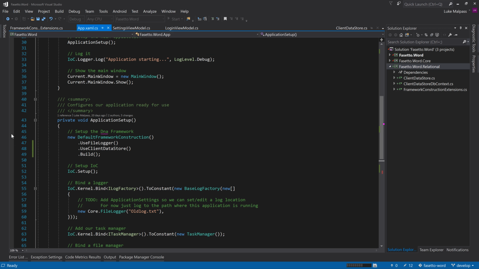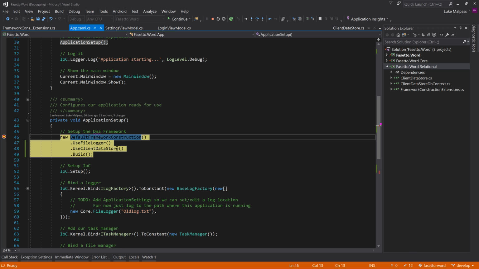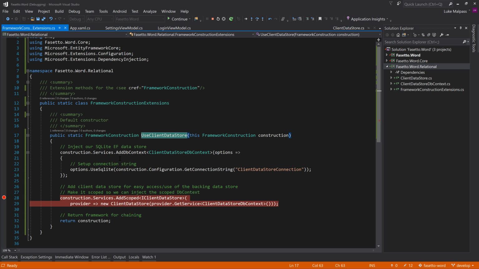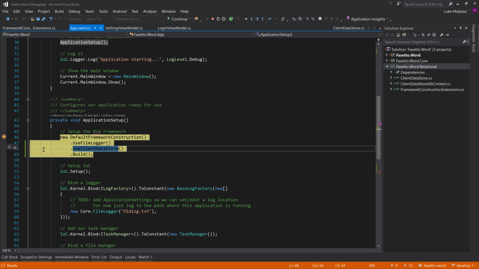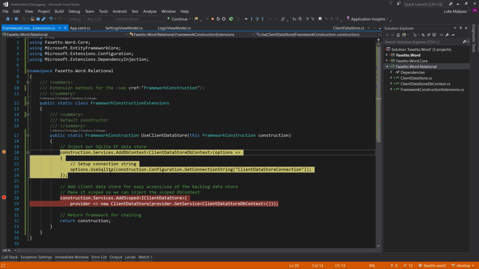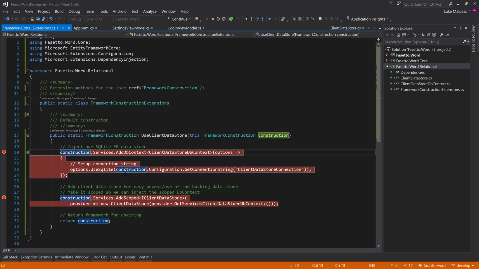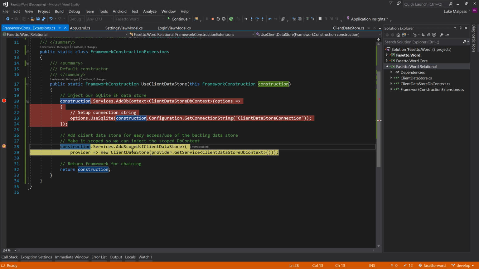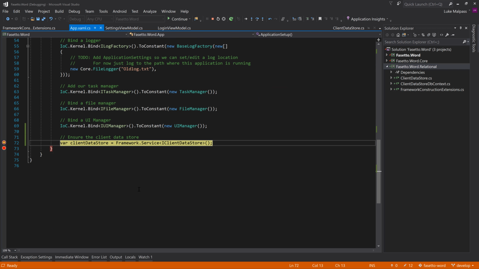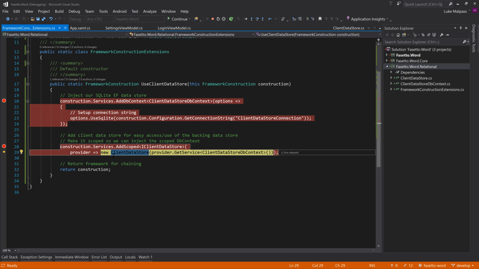And you can see it sort of coming together. So if we can put a breakpoint there. So we hit here. Let me just put a breakpoint in here so you can see this running. So we get to that line, we step over, we get into here. We add the database context with the SQLite, we add this scoped service here, and we return. We then get to this data store, which we're now going to do Framework.GetService. You can see this hits now the